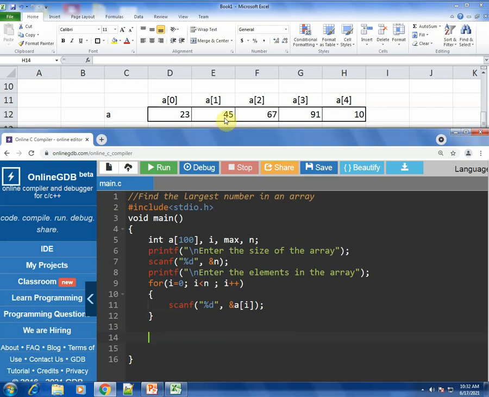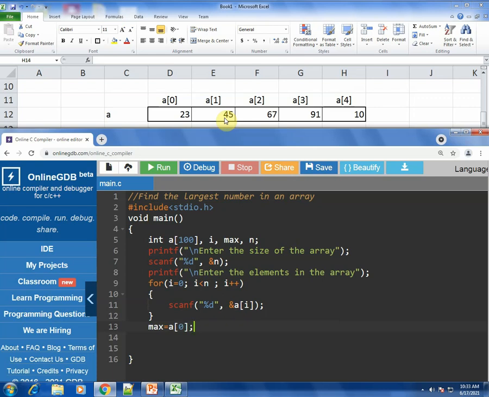Alright, so let us say we take this max variable, and this max variable is a normal variable, which we will be using to store the number which is the largest in the array. Let us initialize it to the first element in the array.